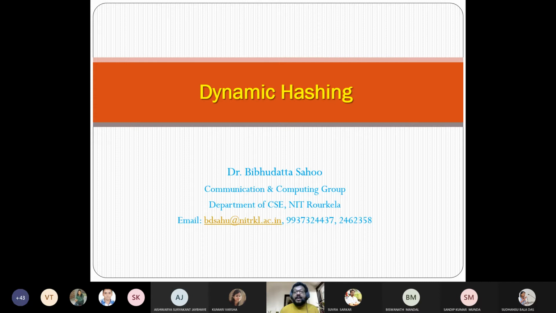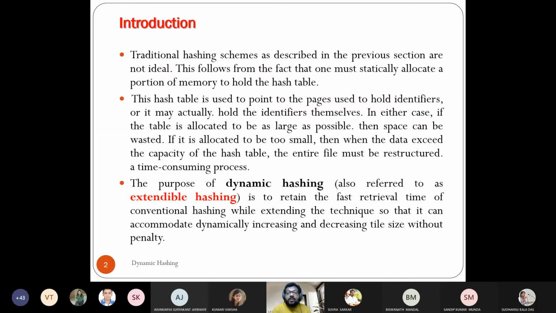So typically, the dynamic hash function. In the case of dynamic hashing, last class also I told you. In the case of static hashing, if a particular key value, let us say what we discussed, A3, A4, A5, A1, the bucket size is fixed. That means the buckets start with bucket number 0 and go to bucket number 25. In the case of dynamic hashing, the bucket size is not fixed.